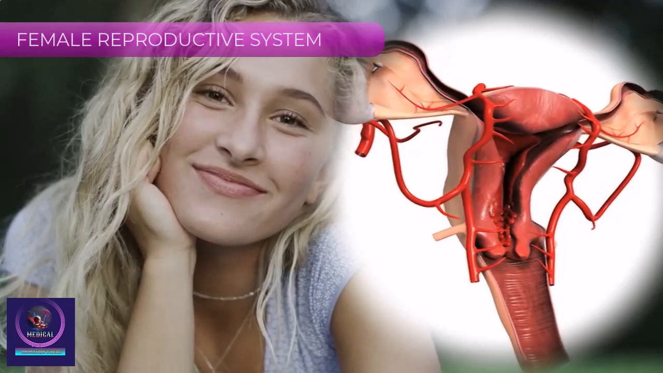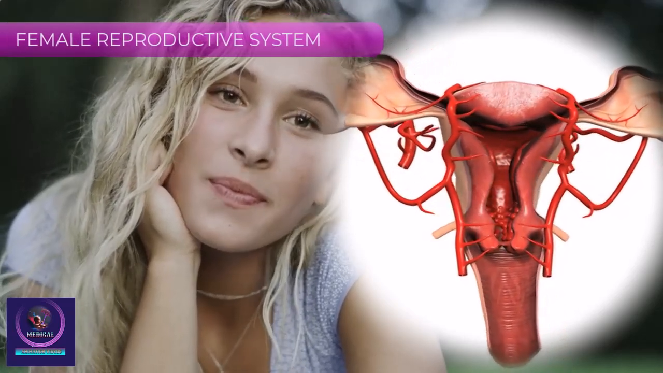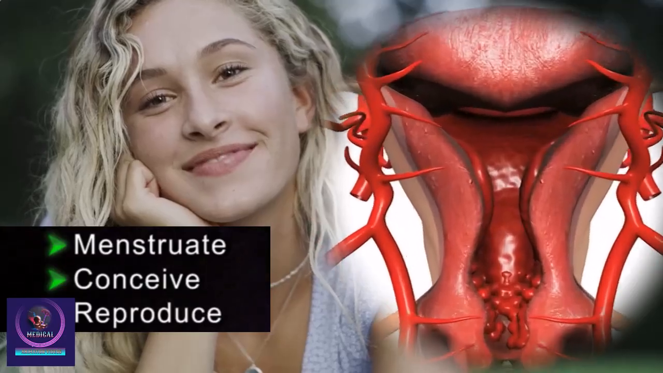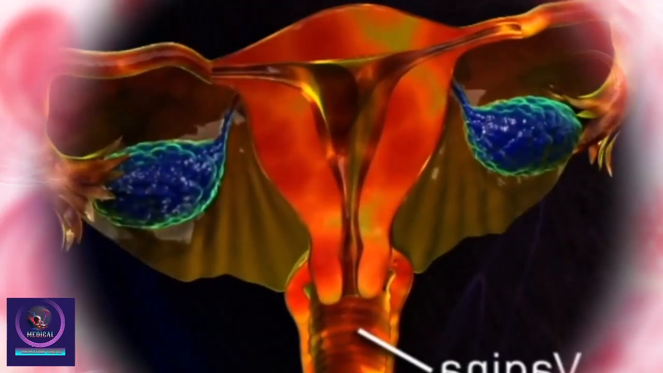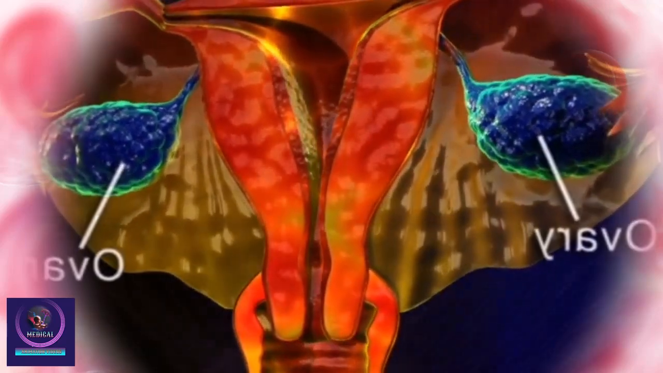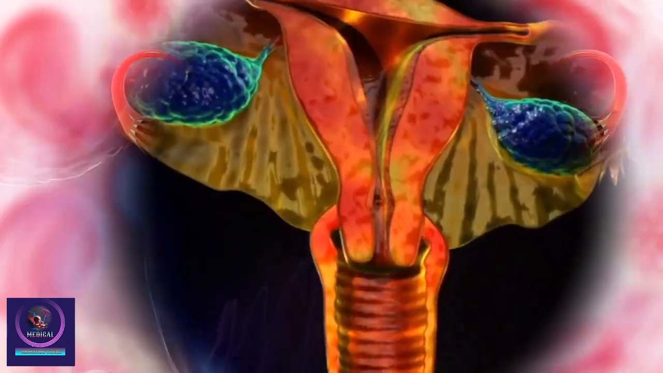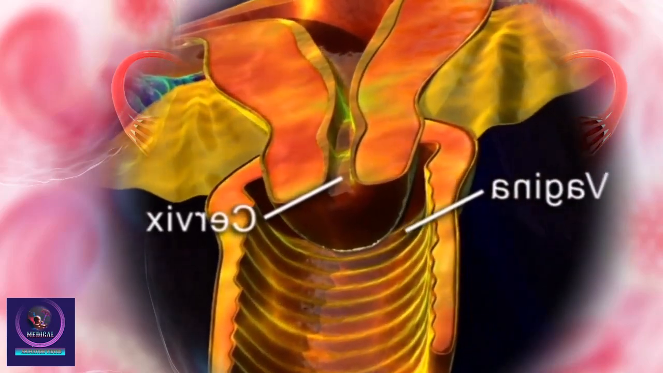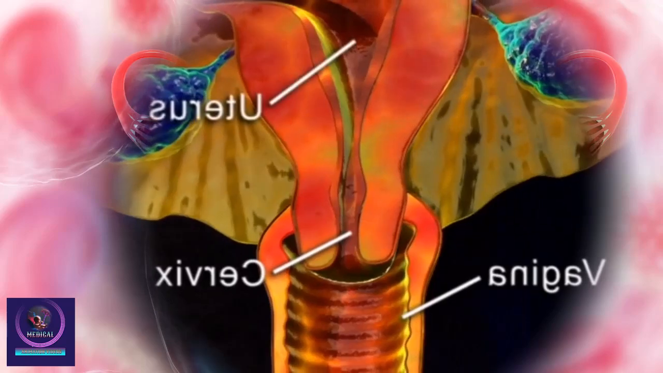The female reproductive system. The female reproductive system includes several organs that work together for menstruation, conception, and reproduction. Key structures include the vagina, cervix, uterus, fallopian tubes, and ovaries. Starting with the vagina, this tube-like passage connects externally to the cervix, which is located between the vagina and the